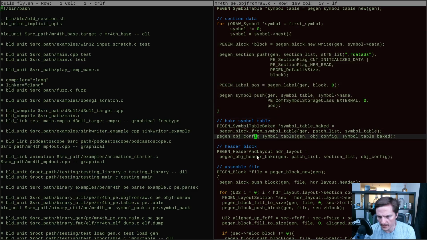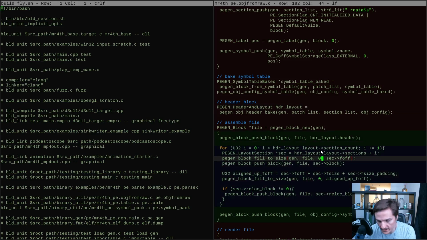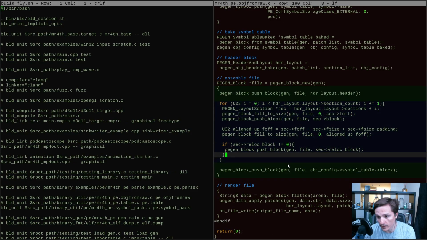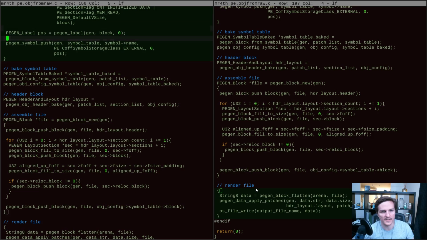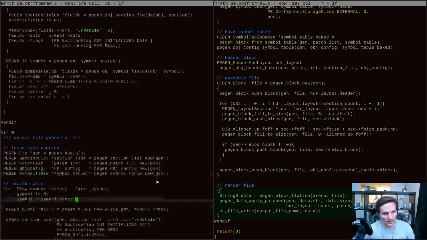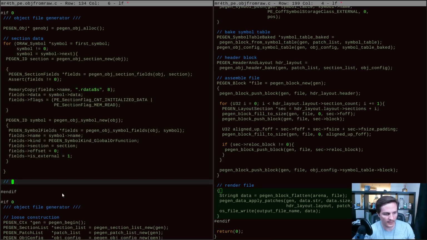All of this explicitly managing headers and symbol tables and stuff, I want that all out. Assembling the file manually should not be the user's responsibility either. I think that's it. That's all of the specifics of this object generator. The rest of it was just the fact that there was no abstraction for the generation part. So